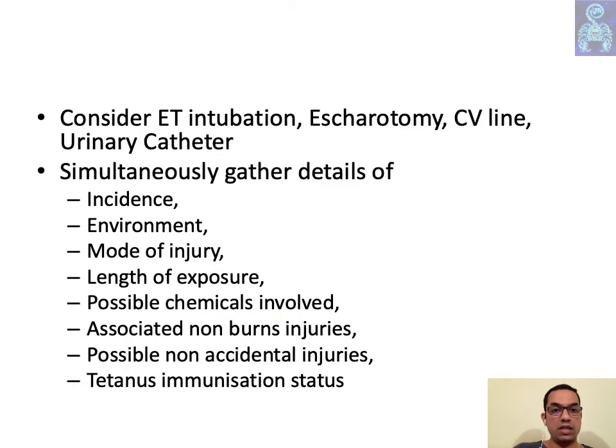So apart from these ABCD, as we talked about, endotracheal intubation in airway, escharotomy for the limbs or the torso involving, then you can also consider central venous line placement if the peripheral line is not possible, or you can do the venous cut down in the lower limb, the saphenous vein. And also as urine output is important here to maintain the circulation and to assess for the adequacy of your circulation measures, you need to do urinary catheterization of these patients.